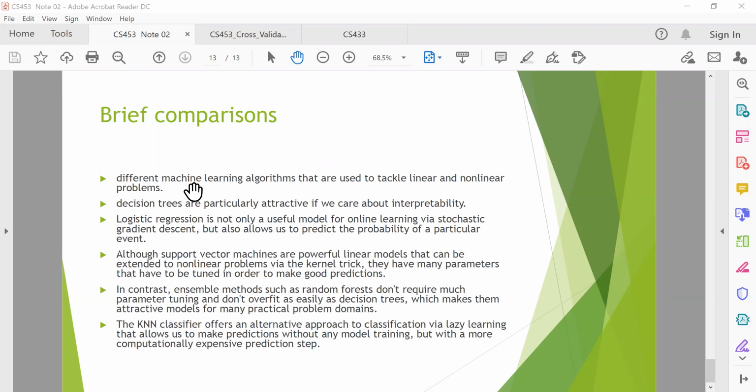Like for SVM, support vector machine, if you use a kernel, it can deal with non-linear problems. And for the decision tree, over here it lists each one's advantage